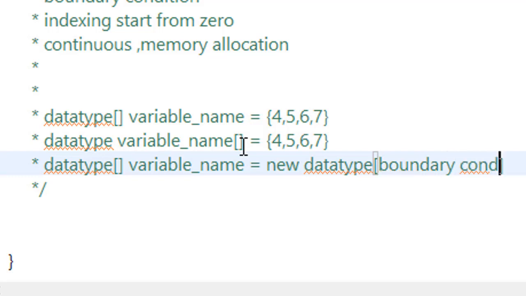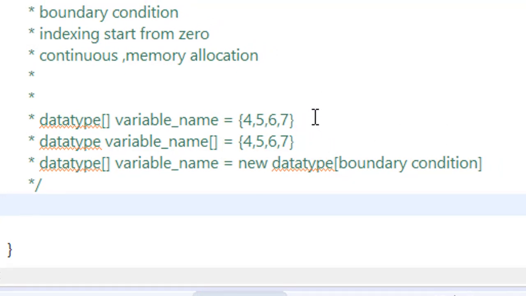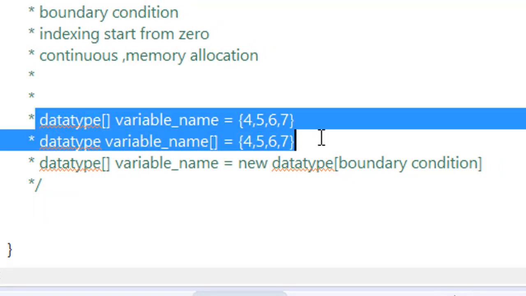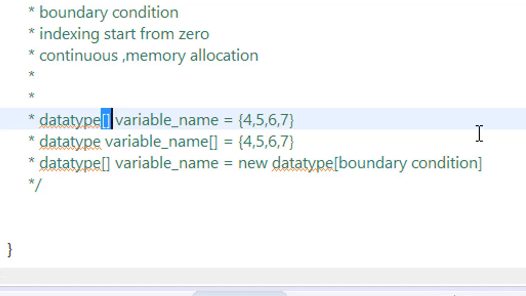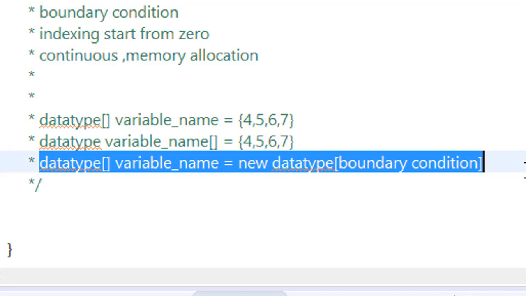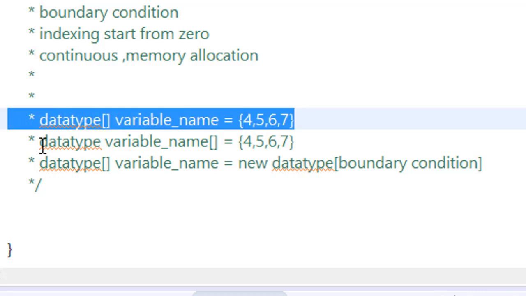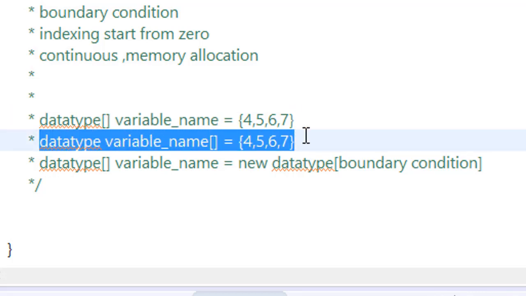In the first and second case it's similar, just the placement of the brackets or boundary condition is different. But in the third case we are making a new object and assigning it, which is the most preferred one. You can also do the other ways, but they are not recommended.